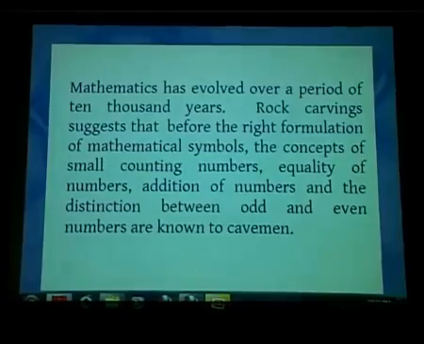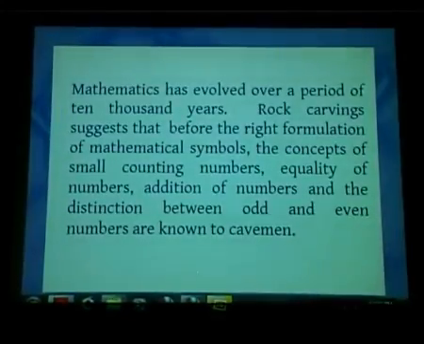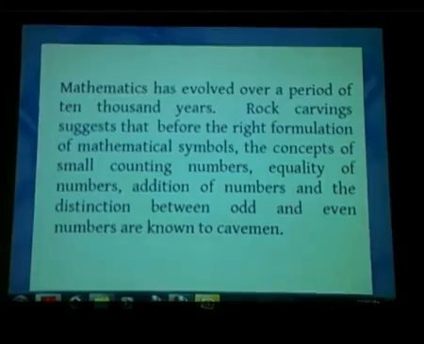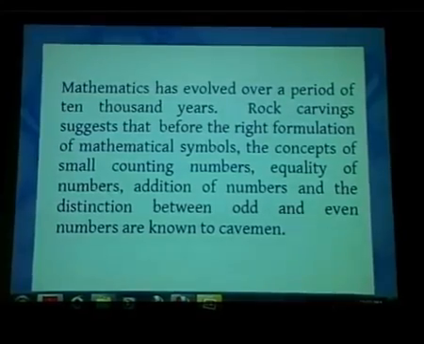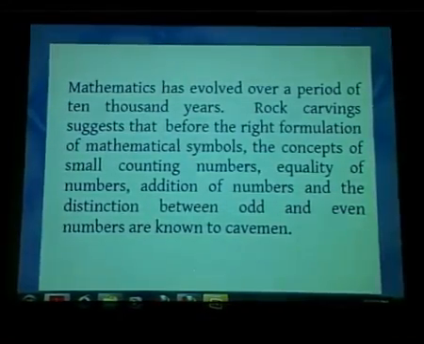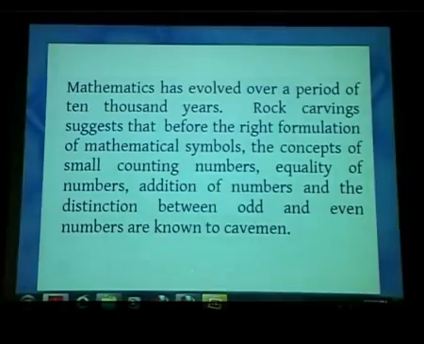Mathematics has evolved over a period of 10,000 years. Even before we gave formal symbols for addition and multiplication, the ancient people realized a lot of mathematics. In the rock carvings in caves, the people who lived in the caves left some carvings in the rock. Before the formulation of mathematical symbols, they knew some small numbers, and the equality